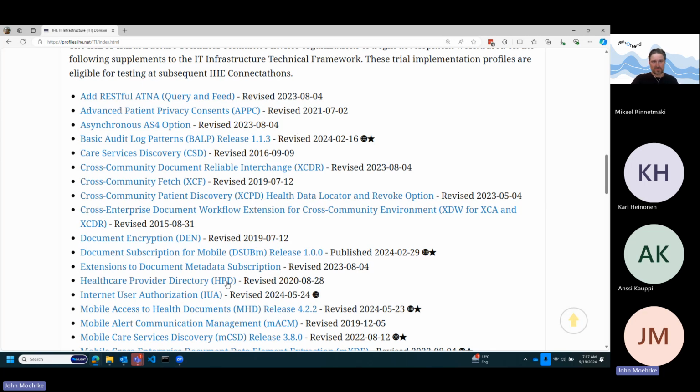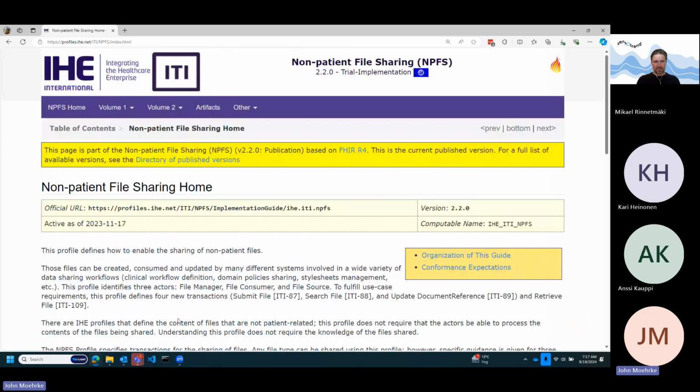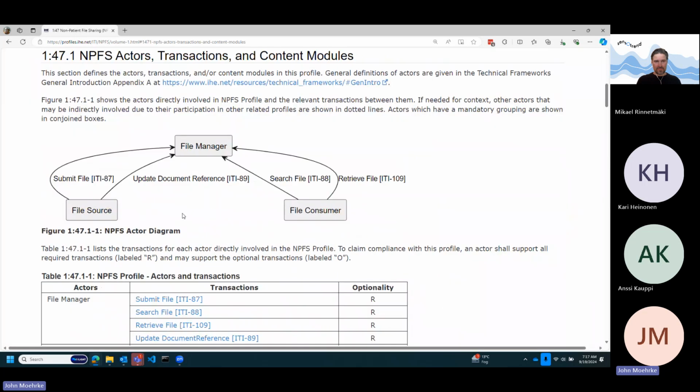I mean, with NPFS, let me bring up the actor transaction table again. I would expect, well, first off, file managers should just need to be a FHIR server. So that wouldn't necessarily be a product, but it could be. For the file source, I would think there are going to be a few administrative tools that would do this, and quite possibly you could group these two together and not really have to do an app. The file consumer is the one that we really envision